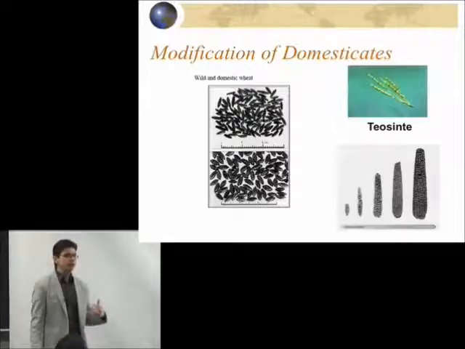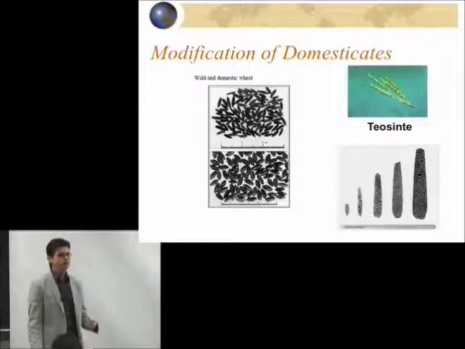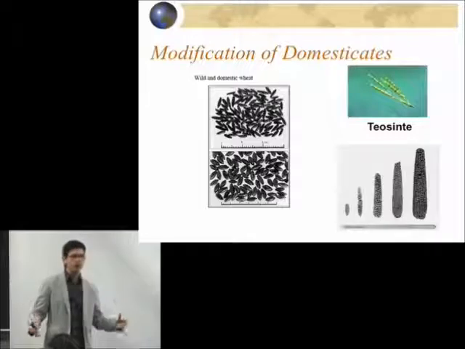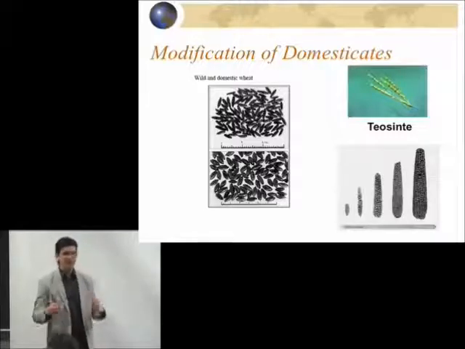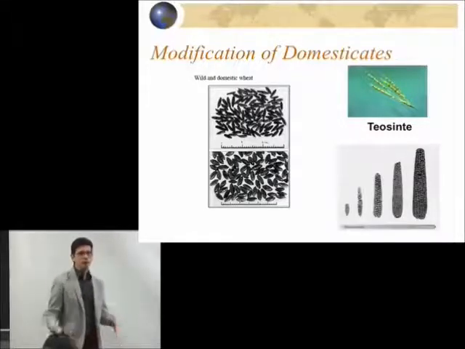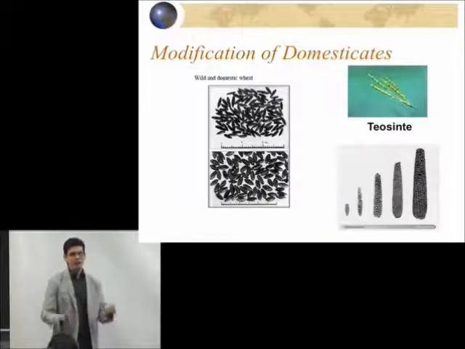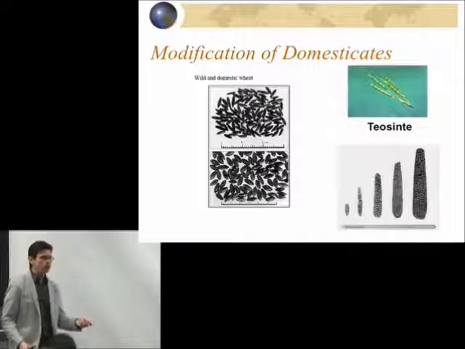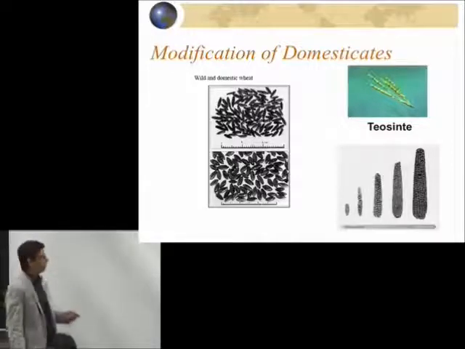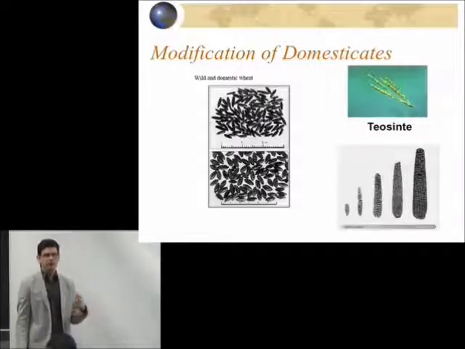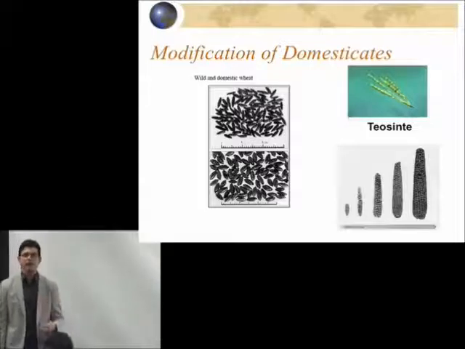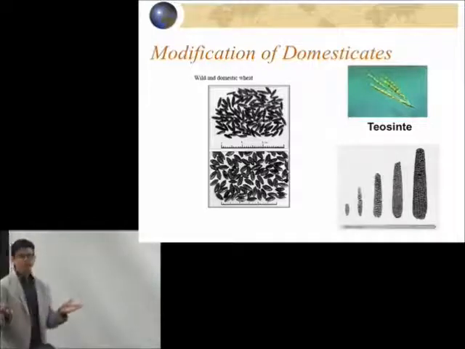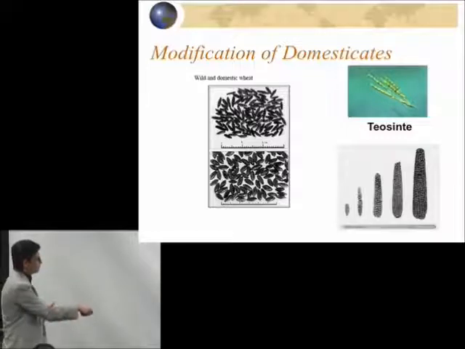After a couple of hundred years, maybe 1,000 years, of human beings making a really major point of gathering these resources and managing them, sticking them in the ground where they're going to grow better, picking the ones they like to keep and reproduce the next year, dropping the ones that are too small to be useful, the seeds themselves, the plants themselves, have been modified genetically. They've actually split from the original wild species, and this is what the seeds look like.